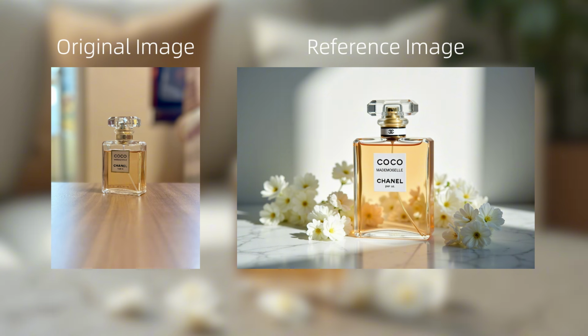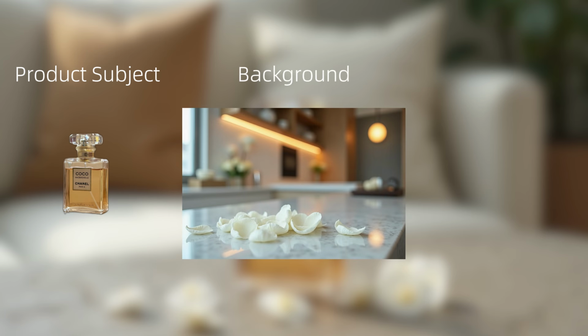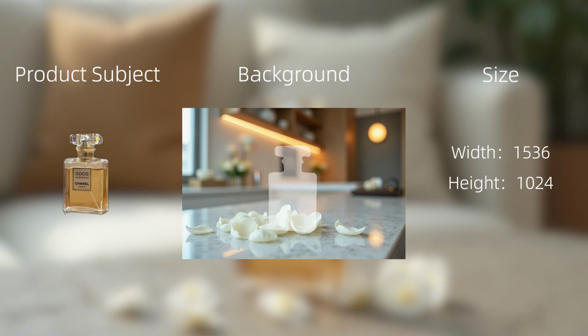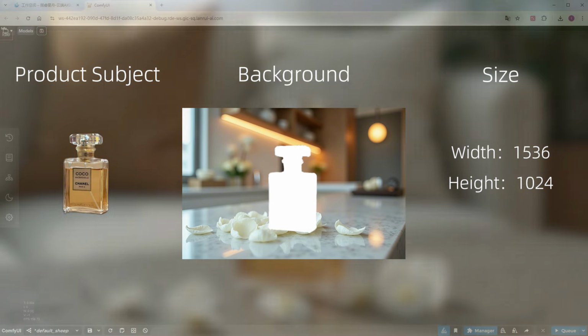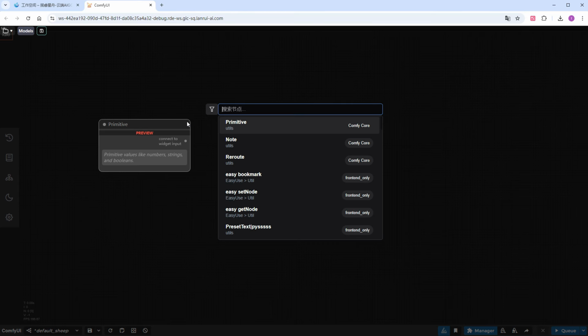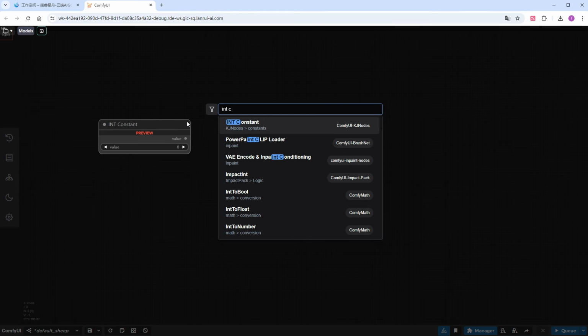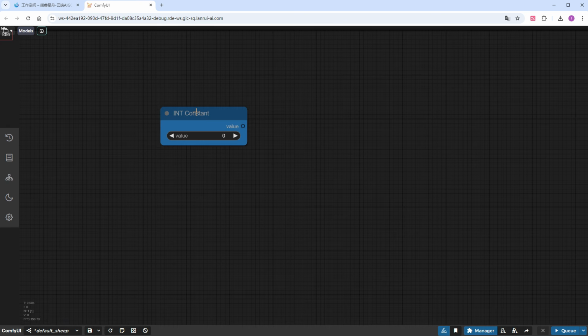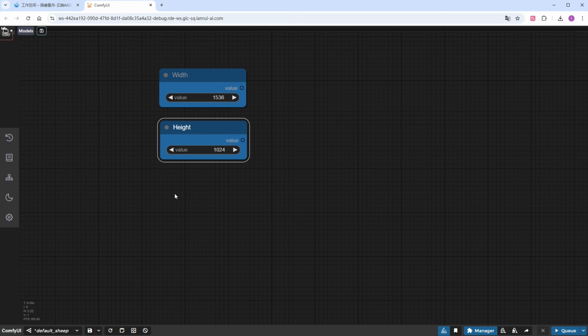I'm quite satisfied with the overall effect of the image. So let's answer the 3 questions from earlier. The product subject is perfume. The background is clean and modern, with delicate white petals, giving it a fresh look. The image size is 1536 x 1024. And the subject is slightly below the center of the background. Based on these conclusions, I'll create 2 number nodes in ComfyUI, setting the image width and height to 1536 and 1024. Then, I'll add a load image node